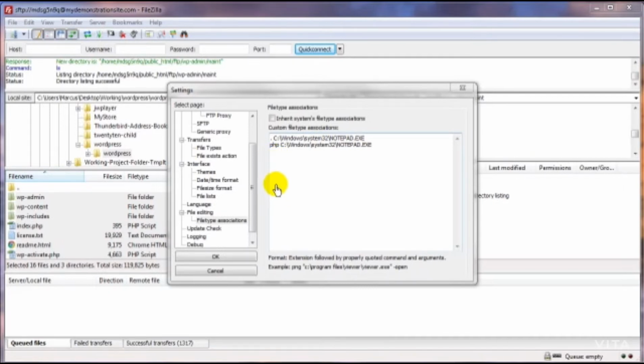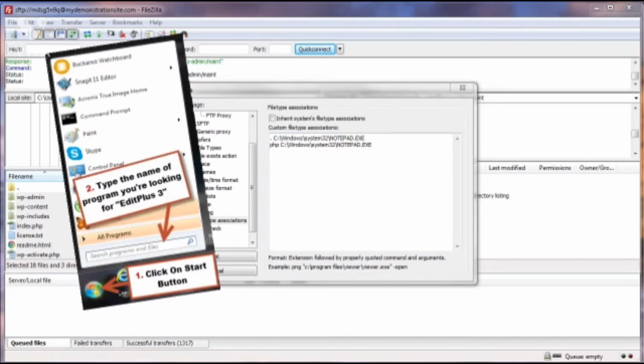Or with, say, an image like a PNG or a JPG. Maybe you want those to be edited with something else. So what we want to do first is find the path to that particular program. And again, in this case, I'm looking for the path for my Edit Plus 3. To find the path to that program, you go over to your Start button in the lower left corner of your monitor, and you click on that, and in the search box,